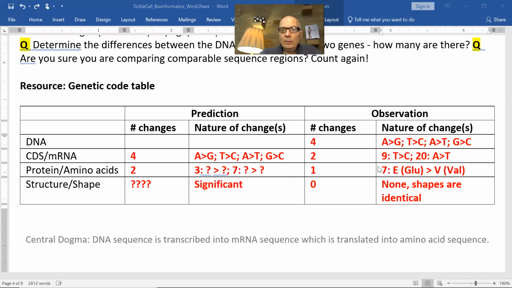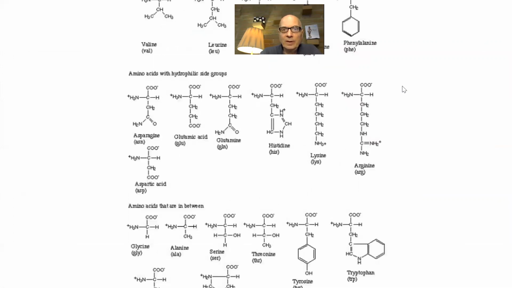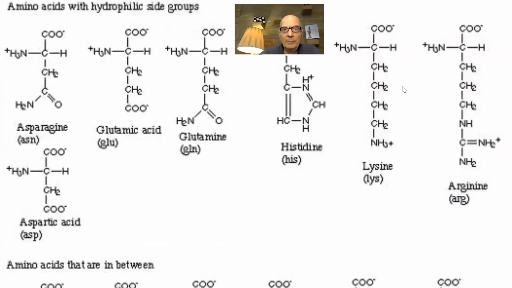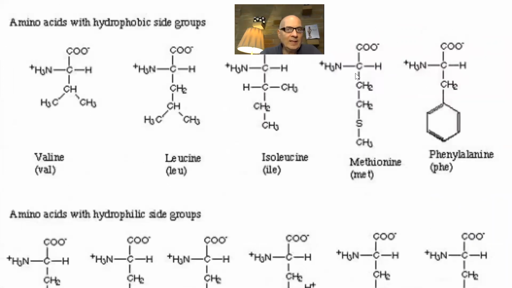So we now need to look in a little more detail at the amino acids that are taking position number 7 in the HBB as opposed to the HBS. I have here a lineup of all 20 amino acids, and we can go a little deeper into this, magnify this whole thing a little bit. And what you see here is that just like DNA,